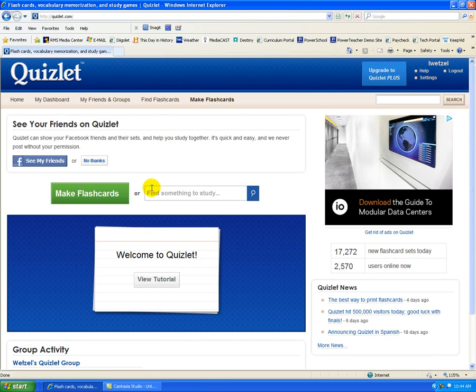If you really want to get fancy, teachers can actually create their own groups just for their students and invite the students into those groups, kind of like a social flashcard site, and you can actually monitor your students' progress in that way. I'm not going to get into details for that, but the details can be found